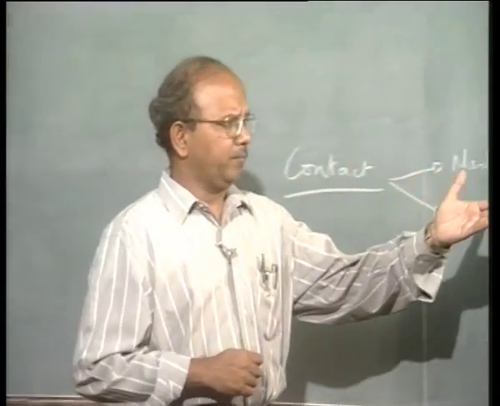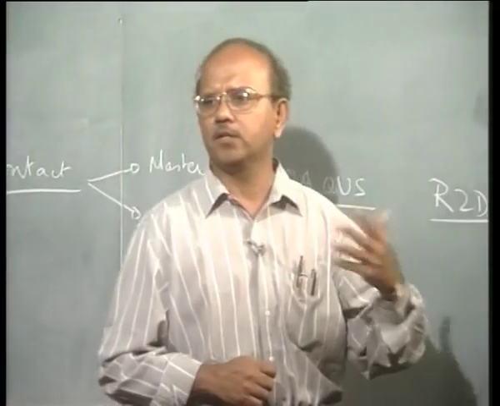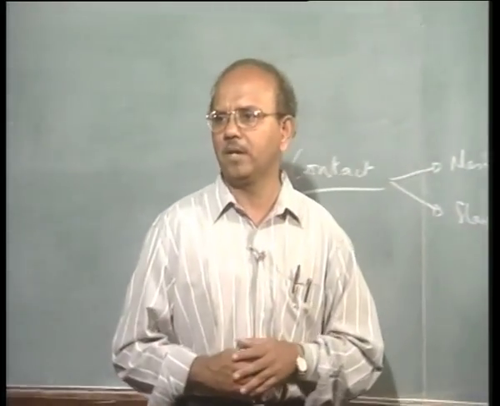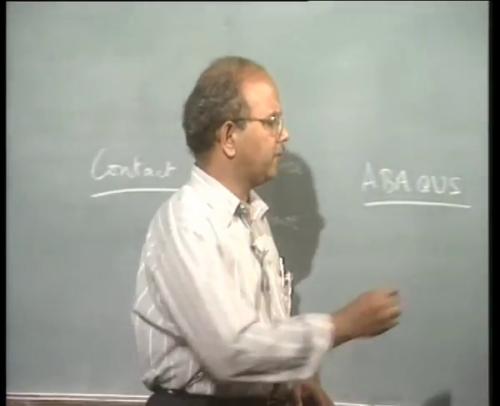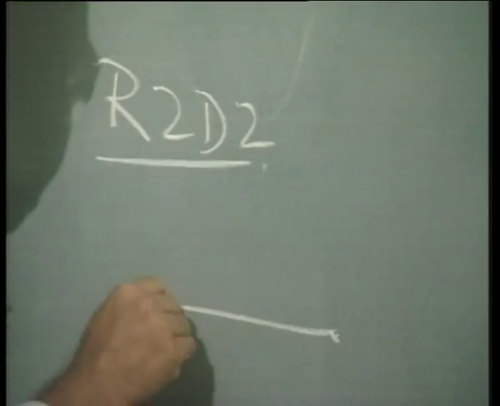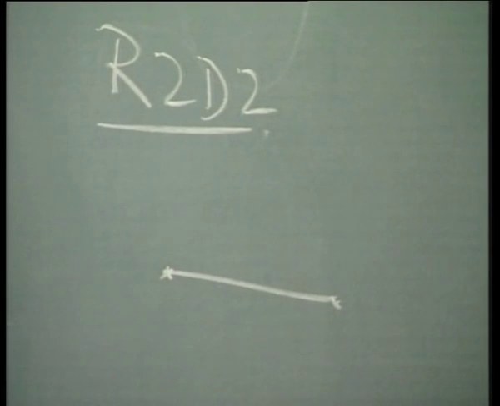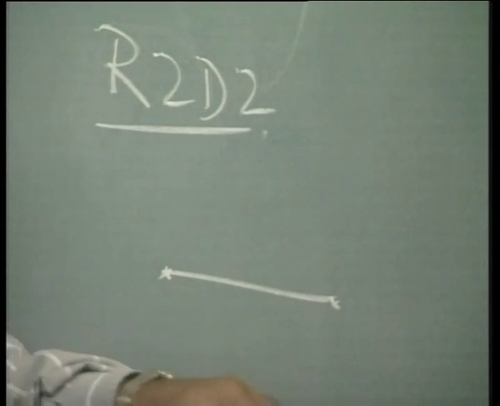Similar rigid elements are available with axisymmetric and so on. Since we are talking right now about plane strain as an example, this element happens to be just a line. Now, this element can be used to define the master surface,